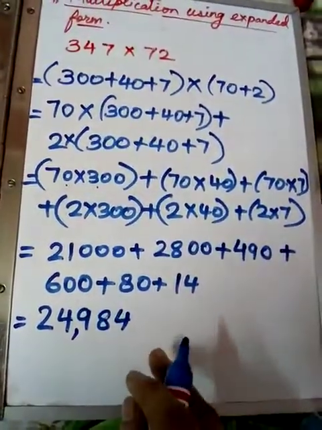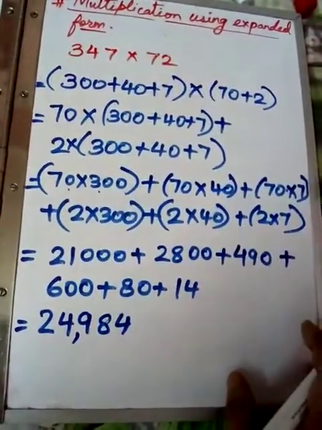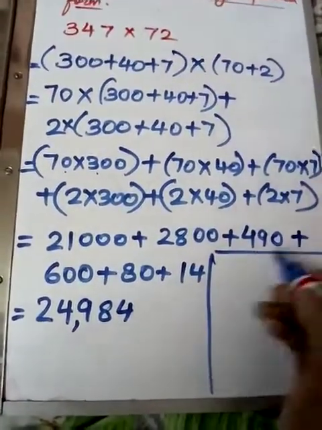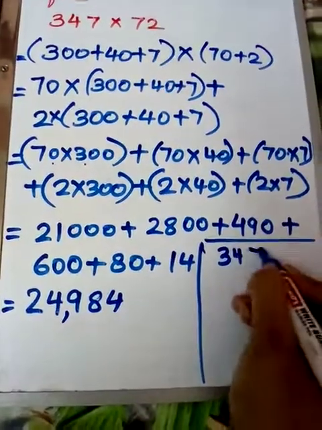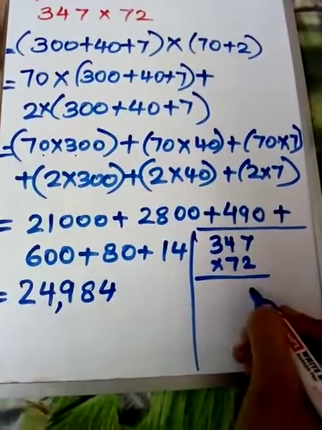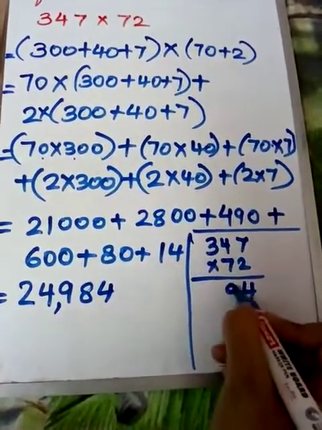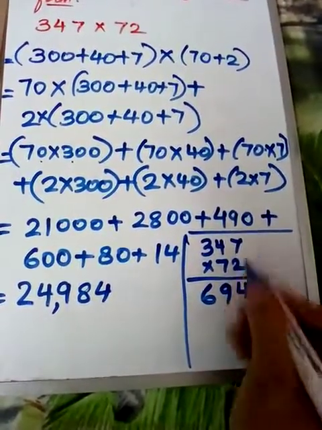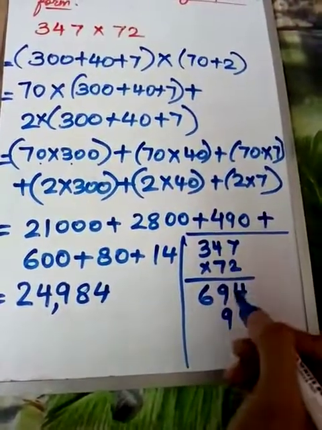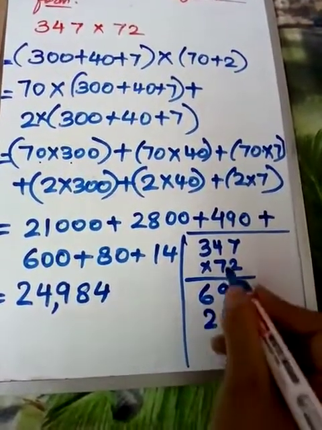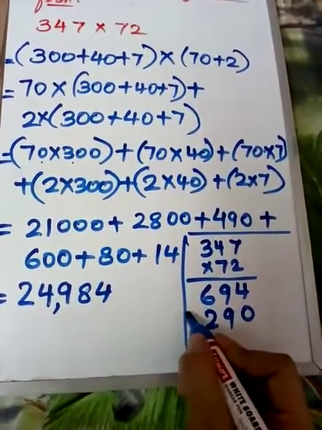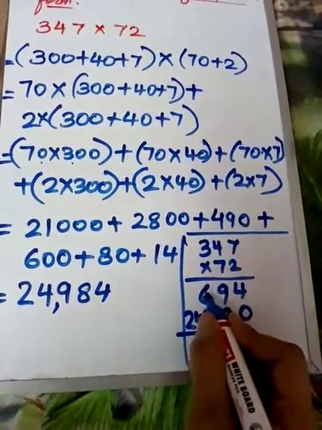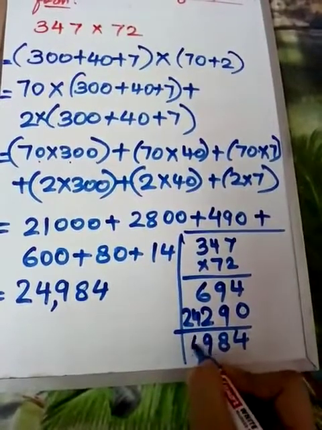This question will also be checked with the help of normal multiplication. That is 347 multiplied by 72. Let us do it here. 347, 72. 2 7s are 14, carry 1. 2 4s are 8, 8 plus 1 is 9. 2 3s are 6, and in the ones place 0 or a cross. 7 7s are 49. 4 carry, 7 4s are 28, 28 plus 4 is 32, 3 carry, 7 3s are 21, 21 plus 3 is 24. Let us add 4, 9 plus 9 is 18, carry 1, 1 plus 6 is 7, 7 plus 2 is 9, 4 and 2.